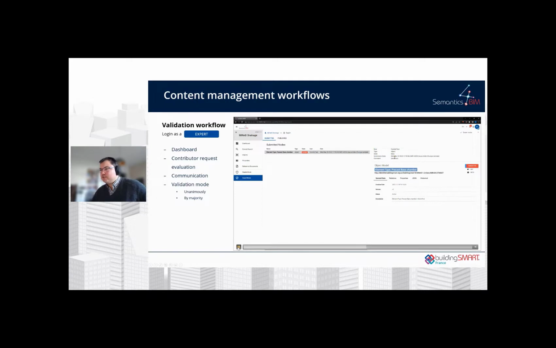We don't have that yet, but we are developing a communication channel for discussion between the experts and the contributors, perhaps to ask some questions about the purpose of this modification, or some more details about it. And I will have the ability to highlight the modification to make it clearer. And if I am happy with it, I can validate it or refuse it with a comment to the contributor.